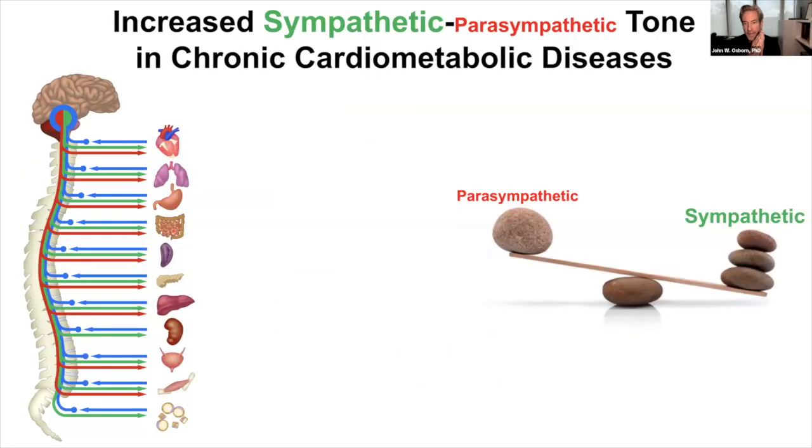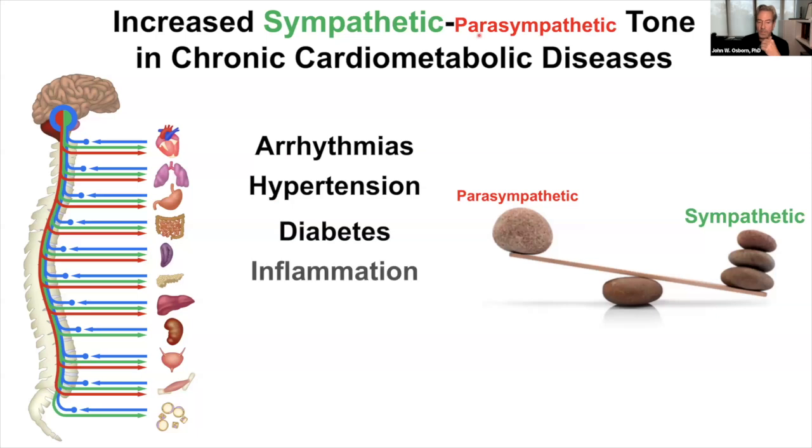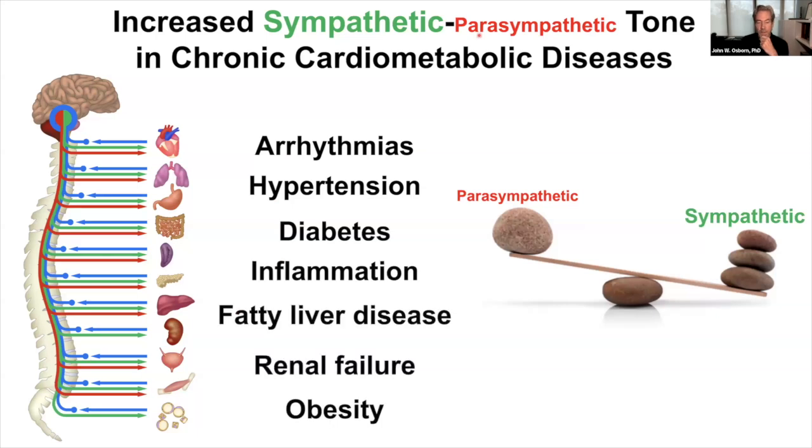We all know now that there are a number of diseases that are related to a chronic activation of the sympathetic nervous system and low parasympathetic activity. And that imbalance over time leads to all kinds of problems. So I'm listing just a few of them here: cardiovascular arrhythmias, hypertension, metabolic diabetes, inflammation, and so on. And we'll get into a few more a bit later. So this is really the problem we're dealing with. How do we modulate to get back to a normal balance?